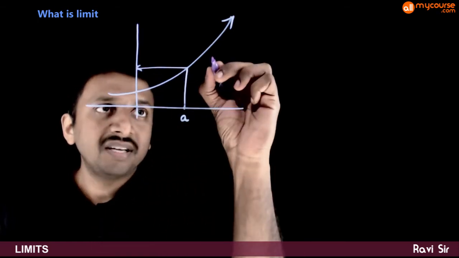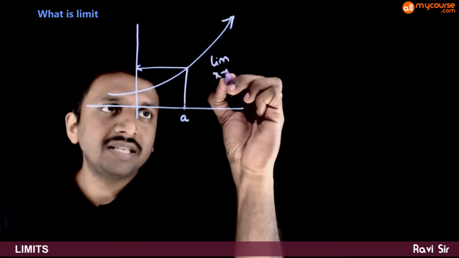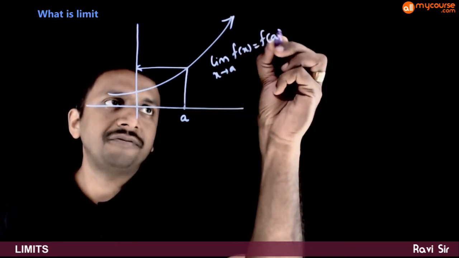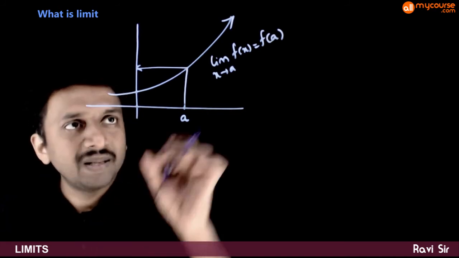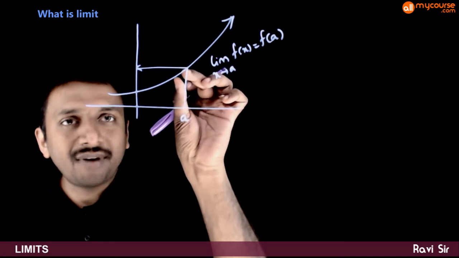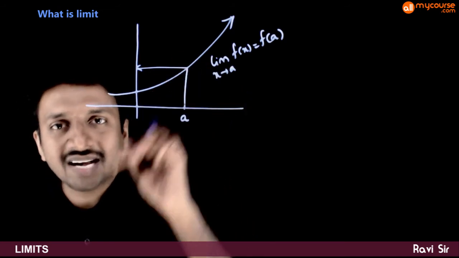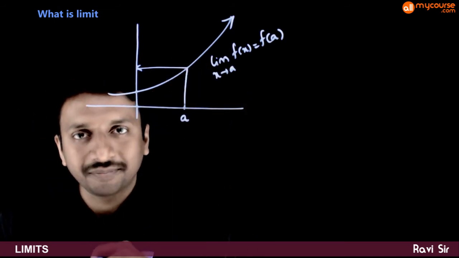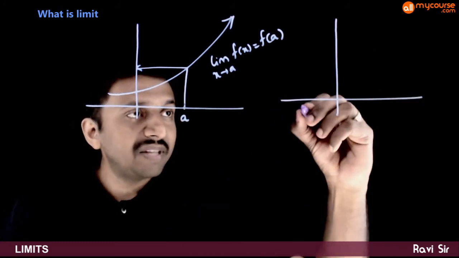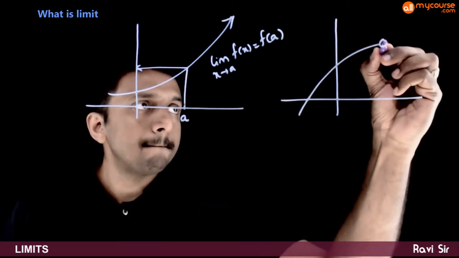For this graph, the value of limit x tends to a f of x is same as f of a. So if the graph is smooth and continuous, then the value of limit will be exactly same as the functional value. But if the graph is something like this,